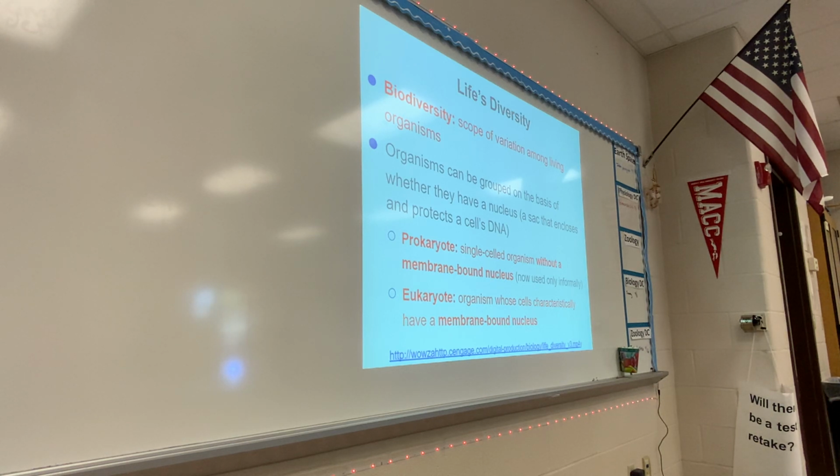So pretty much all prokaryotic organisms are bacteria. If it's a bacteria, it's prokaryotic. That's basically how it works. Eukaryotic is pretty much everything else, and they do have a membrane around their nucleus. So eukaryotic organisms are organisms whose cells have a membrane-bound nucleus, and it's pretty much every other thing out there besides bacteria. So what would that make us, prokaryotic or eukaryotic? Eukaryotic. We are eukaryotic because we are not bacteria.